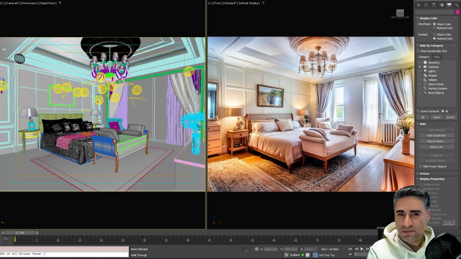And if I minimize my Google Chrome, I can see something like this. Sometimes I think it can provide some ideas and inspiration for 3D designers and also interior or exterior designers,